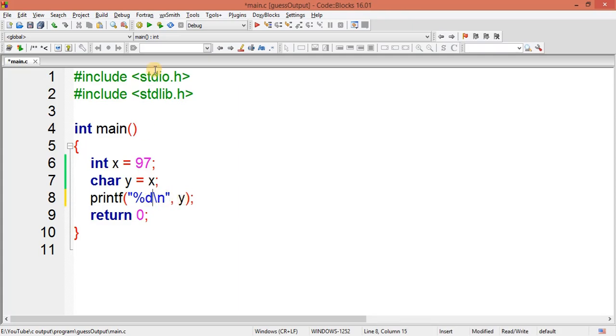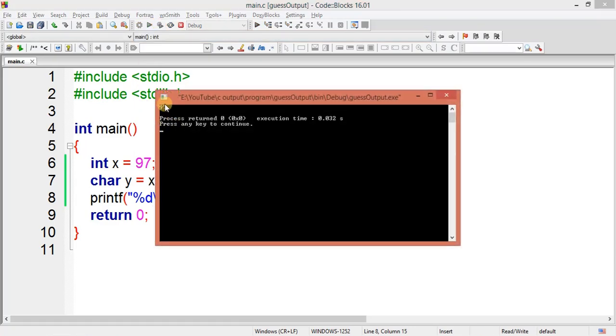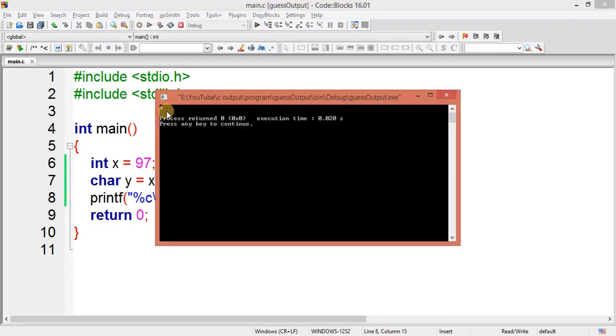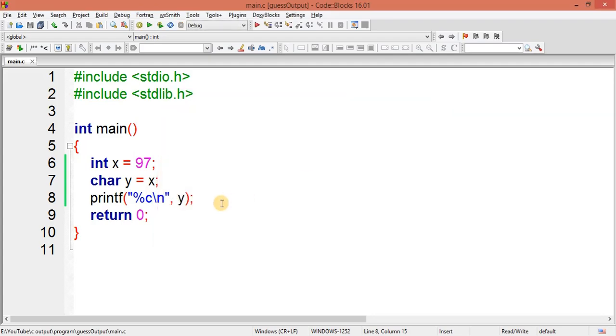So let me print right now. So I will be getting here 97. Okay, as you can see, if I am trying to print c, so I will get small a. Why? Because 97 is an ASCII code which is getting converted into the character, and that character is a for the 97. Okay guys, if I am trying to change it and make it 98, so I will be getting